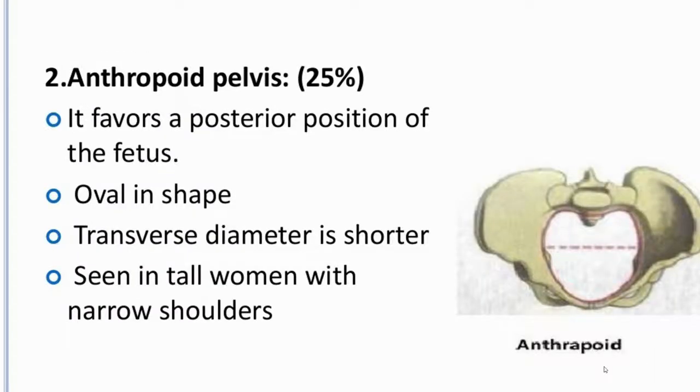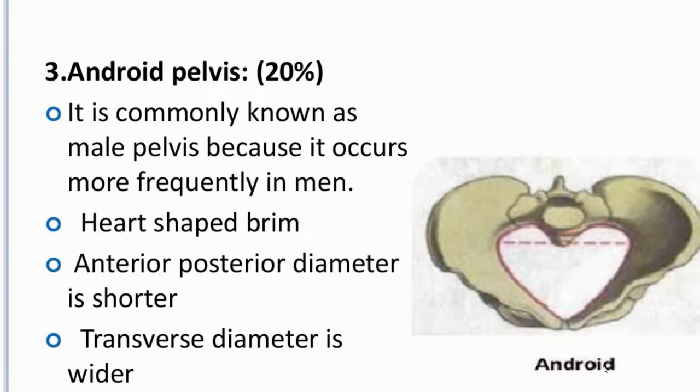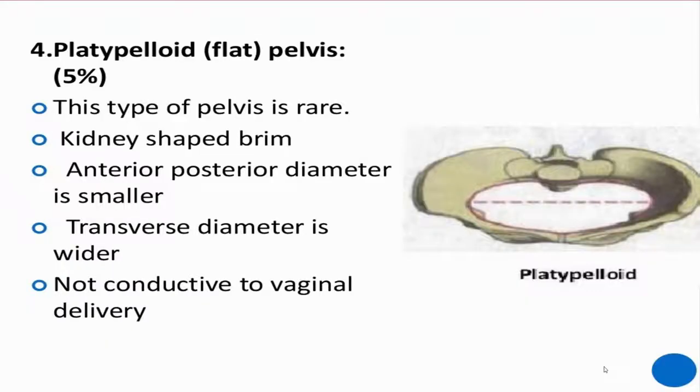Anthropoid pelvis is present in 25%. It favors a posterior position of the fetus, is oval in shape, and the transverse diameter is shorter, and it is seen in tall women with narrow shoulders. Android pelvis, commonly known as the male pelvis, has a heart-shaped brim, the anterior-posterior diameter is shorter, and the transverse diameter is wider. Platypelloid pelvis: this type of pelvis is rare, with a kidney-shaped brim, small AP diameter, wider transverse diameter, and is not conducive to